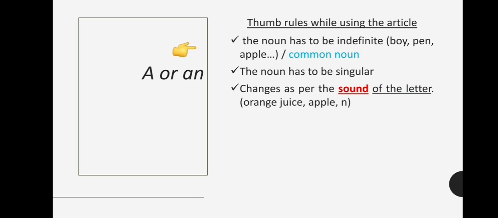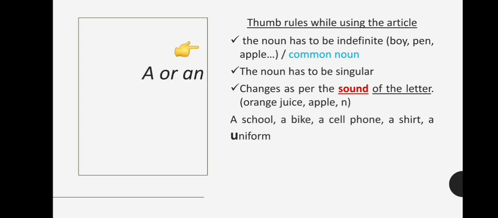Repeat it and you will see that whenever you use these words, the vowel sound comes, which we use in Hindi, right? So when we use these sounds, only in those cases we have to use an.